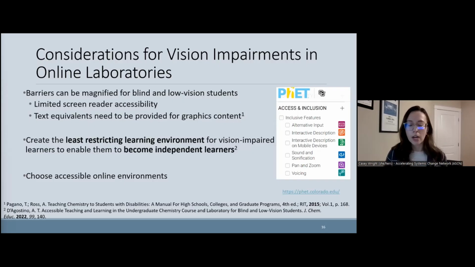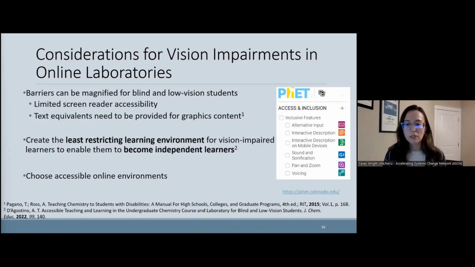As D'Agostino advises, our job as chemical educators is to create the least restricting learning environment for our vision impaired learners so that they can become independent learners. And we can do this by actively choosing accessible online lab environments and online modalities as we start to integrate more of these simulations into our